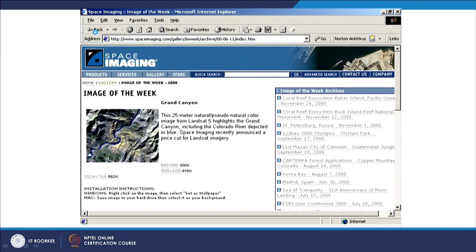But when you open the website from where I downloaded the image, it says the Grand Canyon, it writes a caption about the image, but there is no mention that this image has been rotated upside down, and therefore, though the river is appearing in the valley, there is no mention that this image has been rotated.